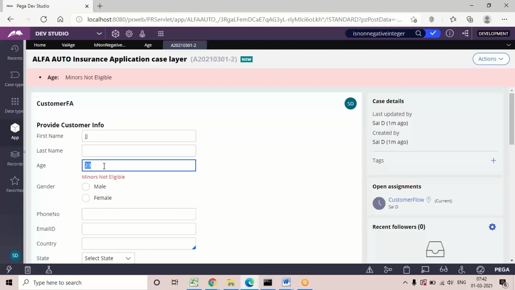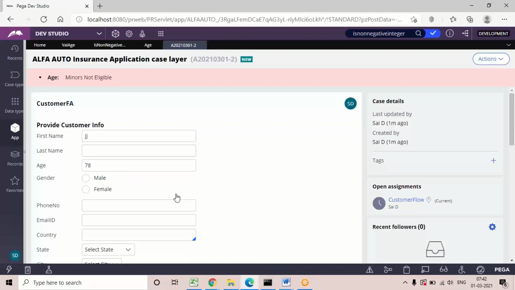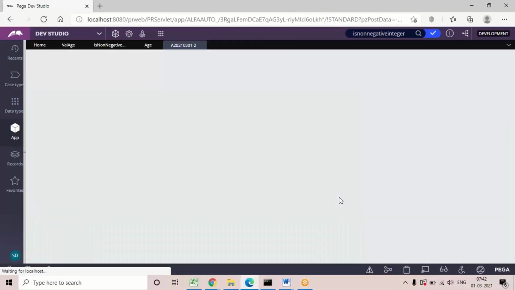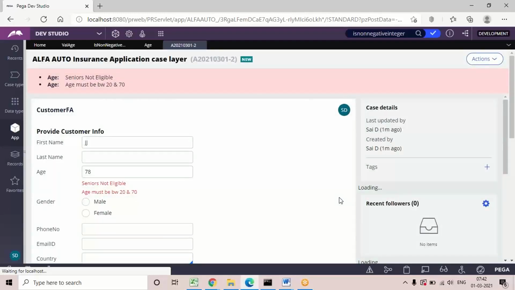Now if I give input for more than 70, the obj validate condition is within 70, so greater than 70 will throw the error, and edit validate is 75, so greater than 75 also. If you submit these two, errors will generate, not only one. The obj validate error will generate here, and the edit validate error will also generate.